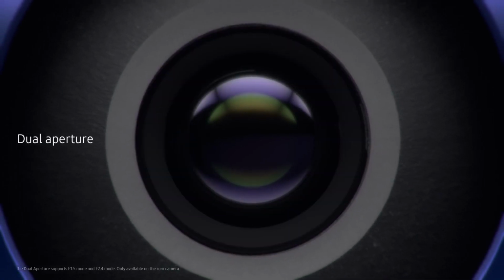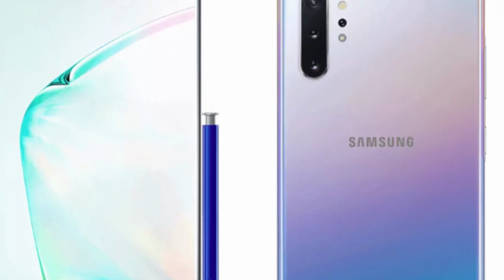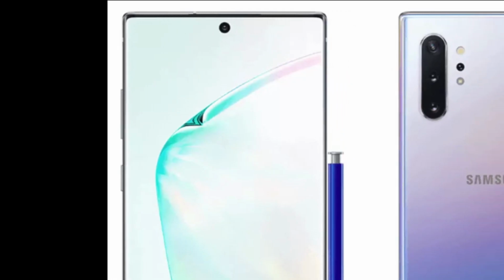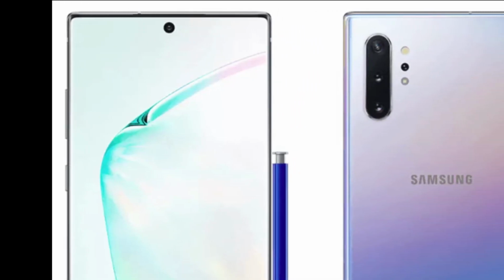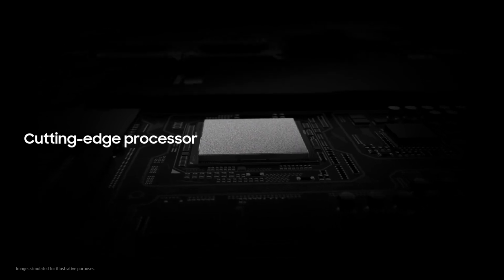There won't be any difference on the camera side. Both devices will be getting a triple camera with a 12 megapixel main, 16 megapixel wide and 12 megapixel telephoto lens. Front camera will be 10 megapixel with f2.2 aperture. Note 10 will be powered by a 3500 mAh battery and the bigger Note 10 Plus will be powered by a 4300 mAh